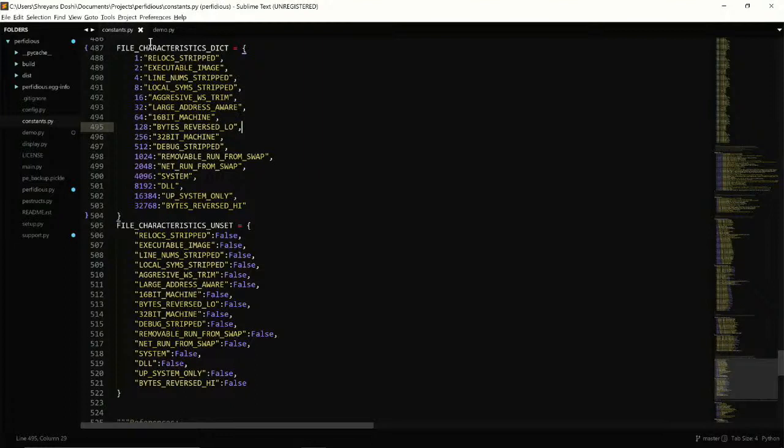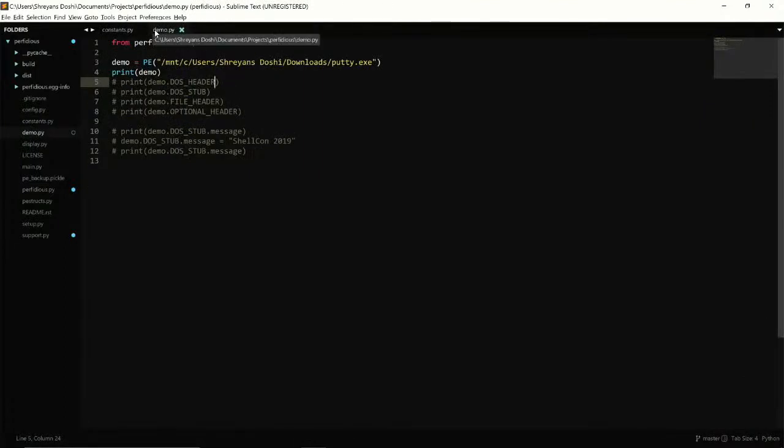Now, Perfidious is currently under development, but I would like to show you a peek into how it works. Perfidious creates a class file of the entire PE file that you pass into the Python program, and then you could just say print demo, and it will show you some of the